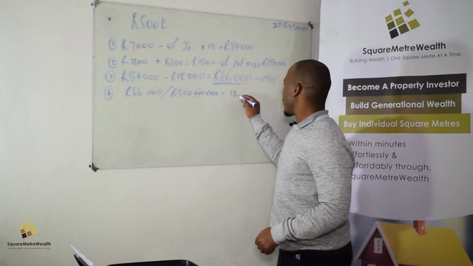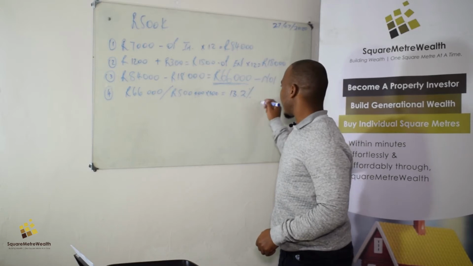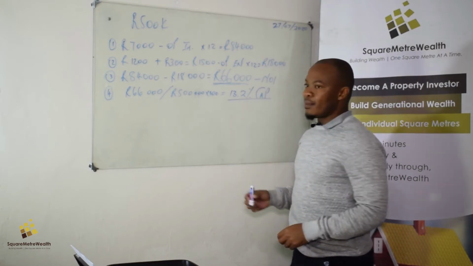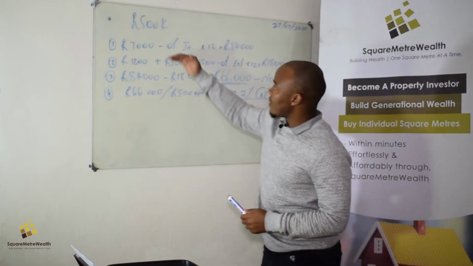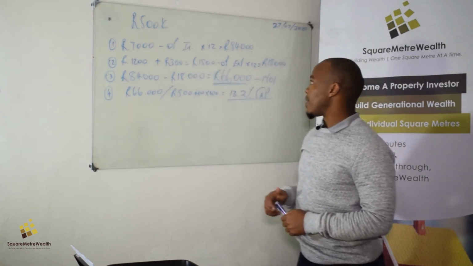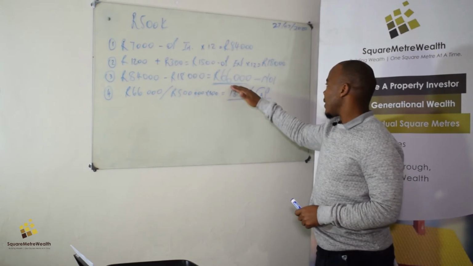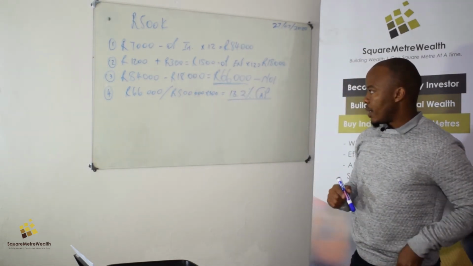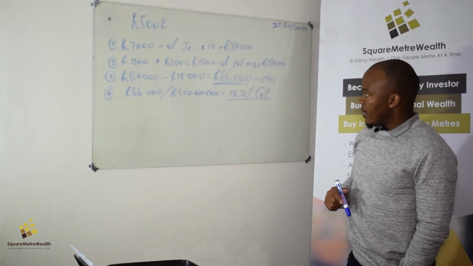So you've got 13.2% as your cap rate. This would be the actual cap rate, assuming that you buy this property at 500,000 Rand and it's got a net operating income of 66,000 Rand. But let's say